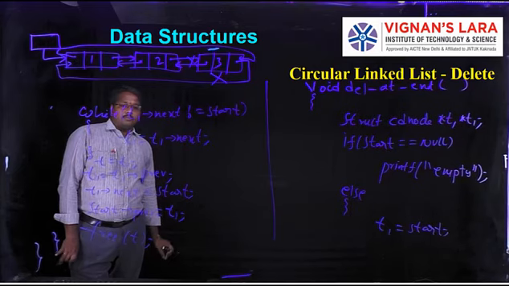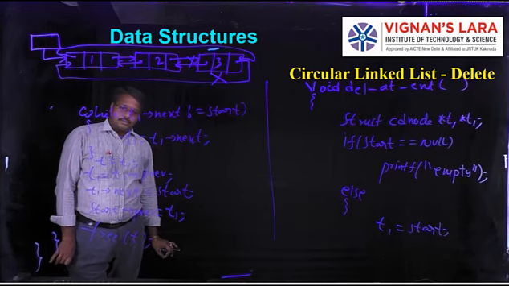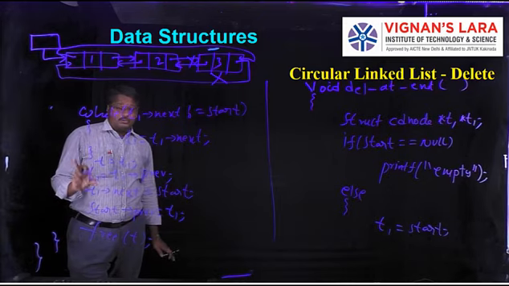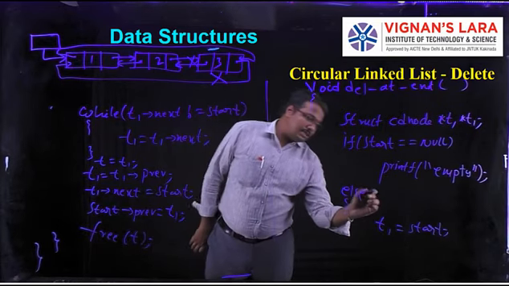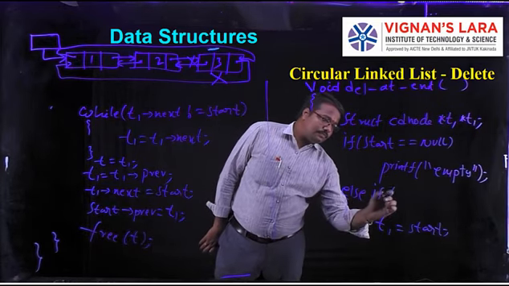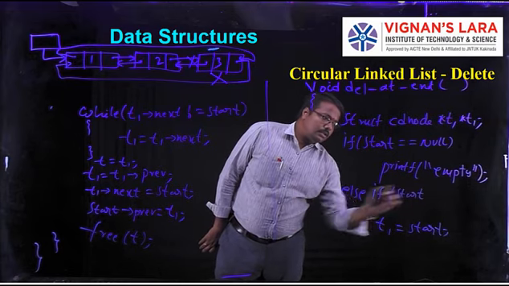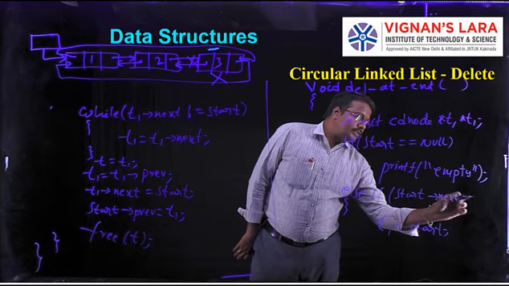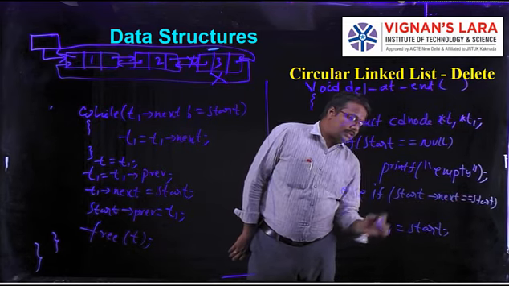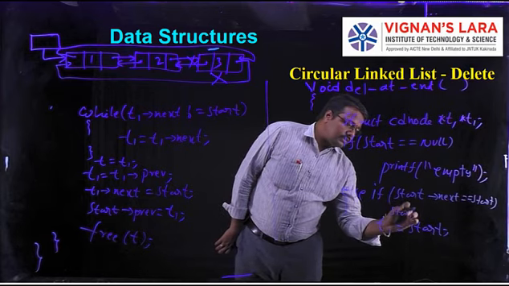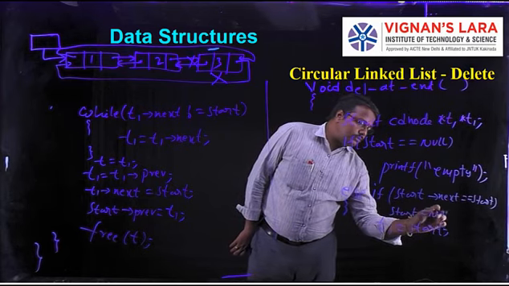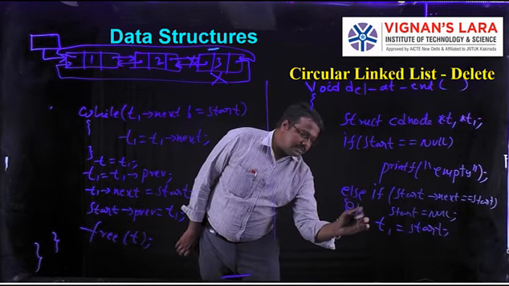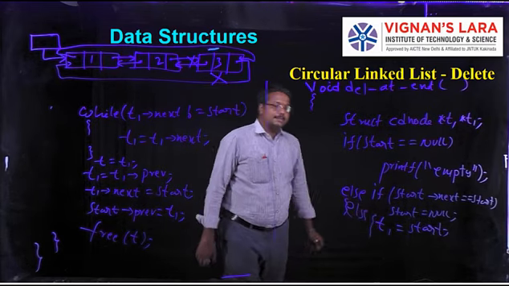So here also one particular condition is there. What is the condition? Maybe the circular linked list having only one node. What I have to do? We need to add that particular statement also. Say else if the same condition start of next is equal to start. So at the time what you have to do? Simply start value is assigned to null. That is the case. Suppose in other case, means in the else case only you have to do all these things.